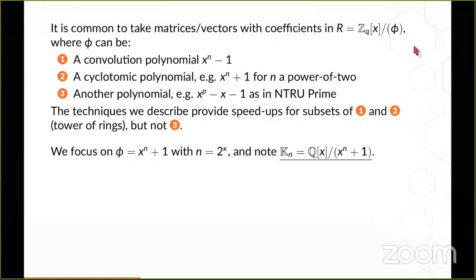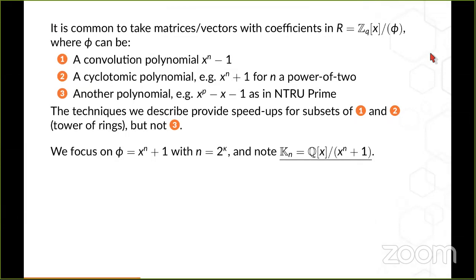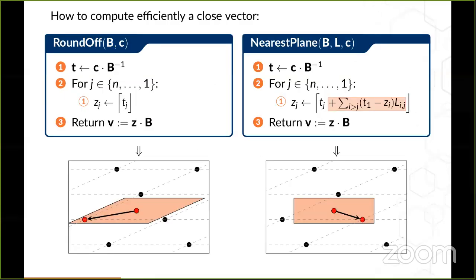Yeah, sure. I apologize for all the technical issues. Okay, so did you follow the end of that? I think we heard up to the point where you were describing the rectangular parallelepiped for nearest plane.